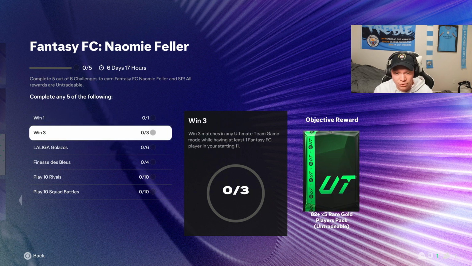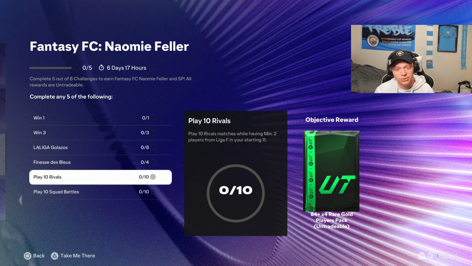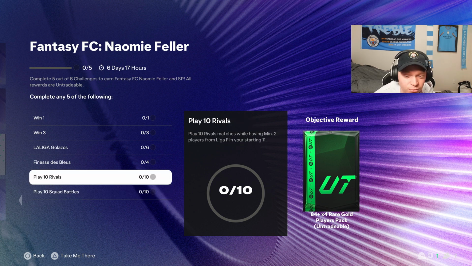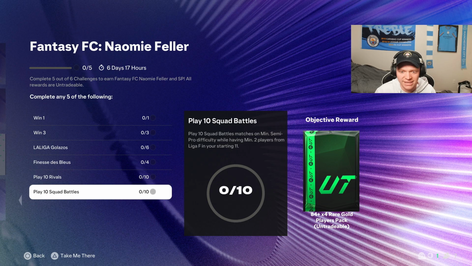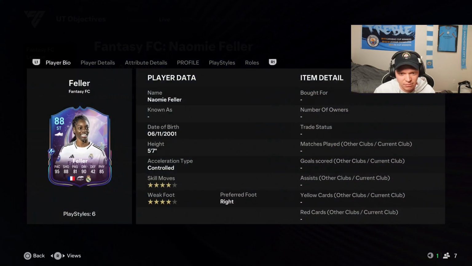Score 6 goals using La Liga. Again, you can use that card. 4 finesse goals using French players. Play 10 rivals matches with minimum 2 Liga F. Play 10 squad battles with minimum 2 Liga F. So it's really only 10 games because you can chalk off doing one of the play 10 with Liga F in your squad. It's a really easy objective to complete, and you get this Feller card, which is 5'7", 4-star skills,